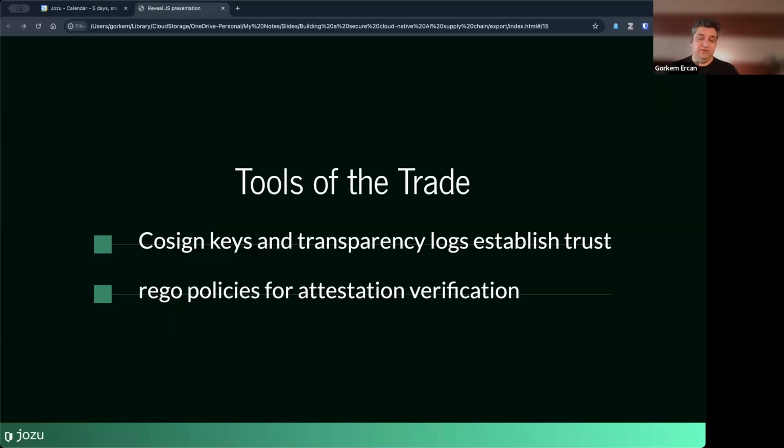And then you can have Rego policies, and there are multiple tools out there that have either Rego or Cue or some other format for defining policies. But at the end of the day, all these tools are very comfortable working with OCI artifacts. And as a ModelKit is an OCI artifact, they usually don't have any issues with that.